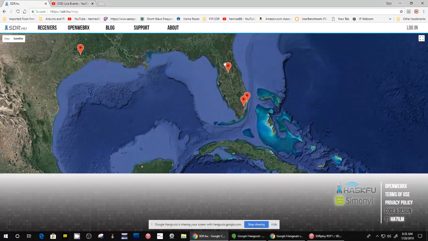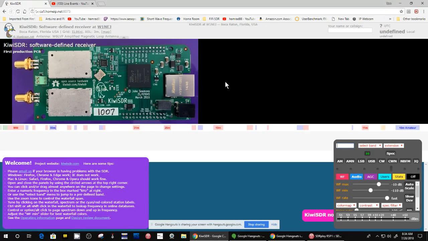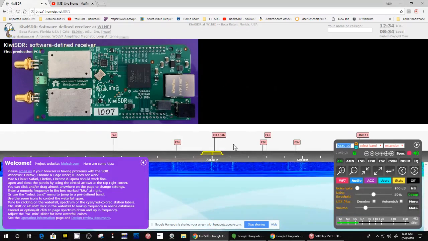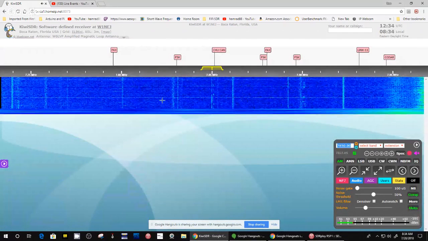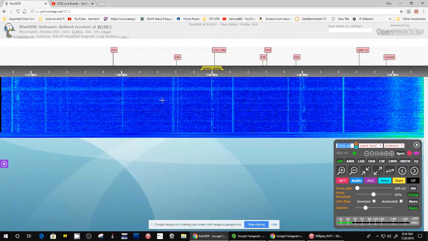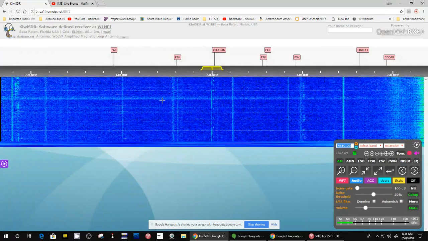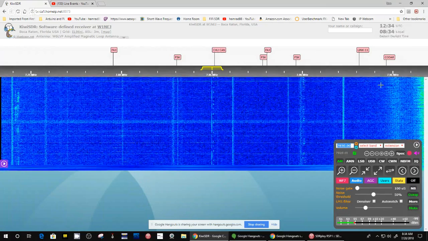I've used this one before, and I've used the one in Miami before. So I tried the one in Boca Raton. You click on it, and then you click on the title right here, and then it takes you to the station. And now you have control of that station. You mute it. And it remembers where you were last. Maybe it puts a cookie on your computer and it remembers where you were the last time you used it.